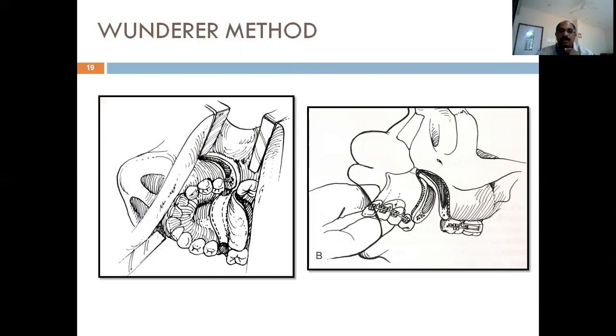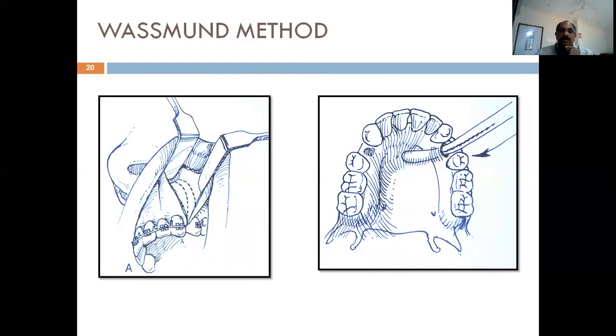But from your exam point of view, you should know these three procedures: Wassmund, Wunderer, and Cooper's modification. Wunderer's is always a transpalatal approach, so nobody does that normally. What we commonly do is the Wassmund approach with Cooper's modification, wherein he has not touched anything on the palate. He has not made any incision on the palatal side. It is on the buccal side, exactly on the area of the extracted tooth, especially the premolars. You make an incision vertically at the premolar on both sides, try to reflect the flap there, and try to reach towards the piriform margin.